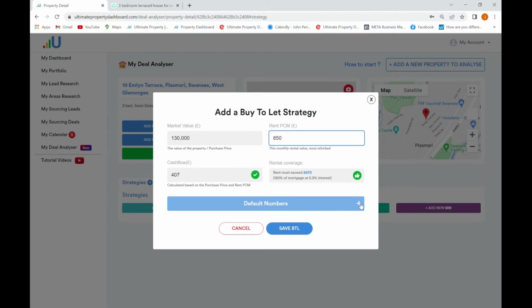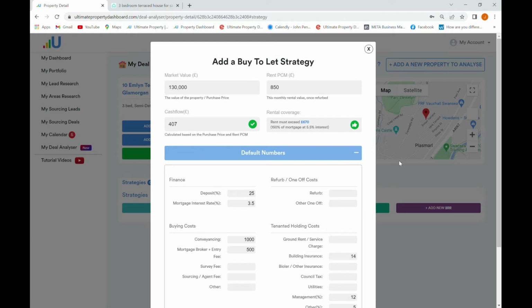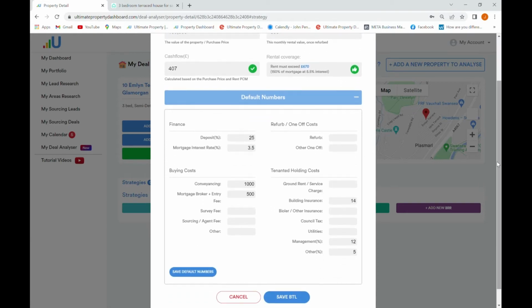Now, just underneath that quick calculator, you've also got some default numbers as well. We'll take some assumptions in relation to this property in terms of conveyancing, broker fees. You may want to add in a survey. You may want to add in some other utilities if you've got to pay for them. We've also got the refurbishment cost, probably the most popular one. We can put in how much we think that's going to cost us to refurbish, and then we can update